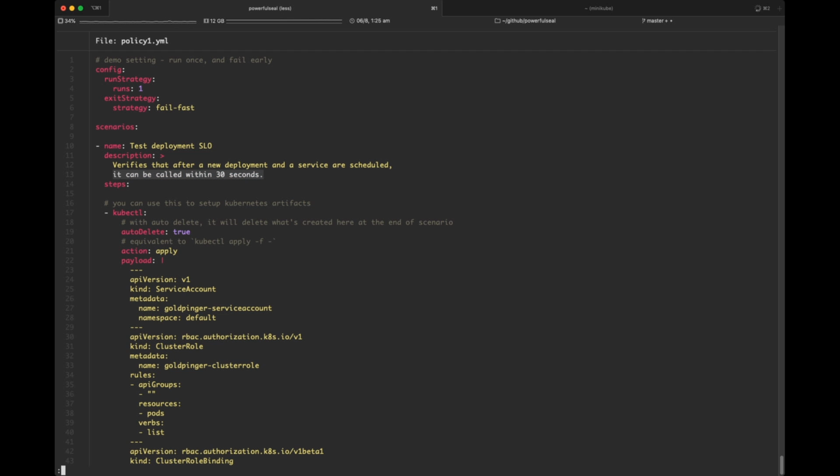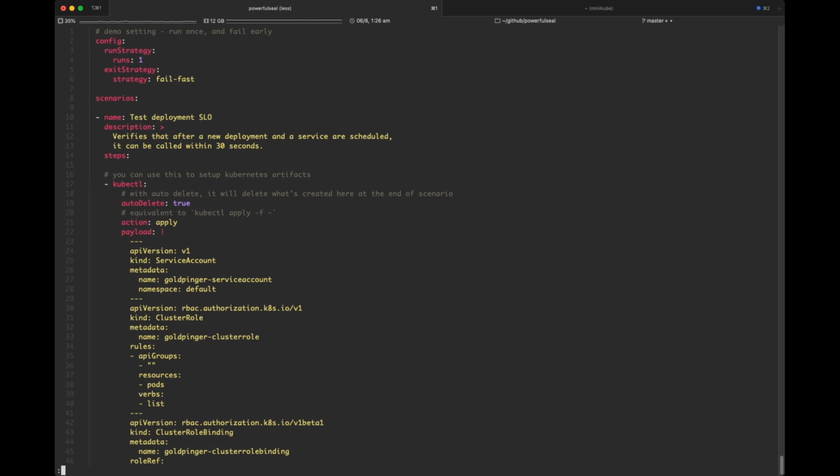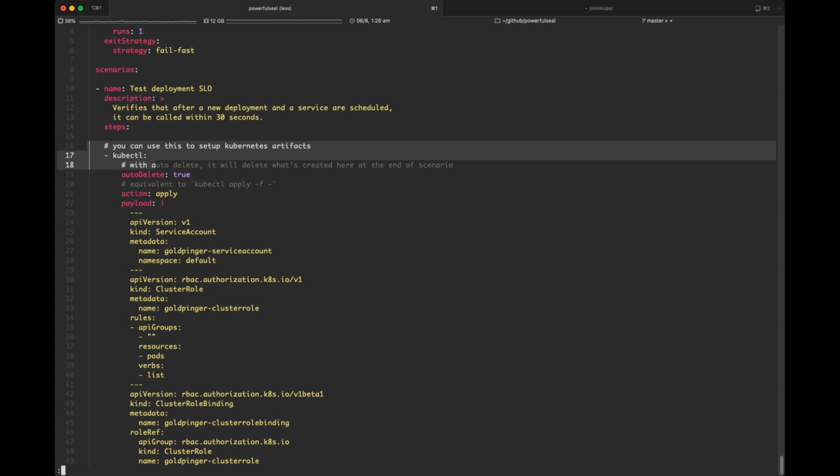So let's say that I designed my Kubernetes setup and I designed all of the bricks in a way that I am fairly confident that at any given time, when I schedule a new deployment and a corresponding service, within 30 seconds, everything will be up and running, and I'll be able to actually call it. So the way that I implement that is through the kubectl action.